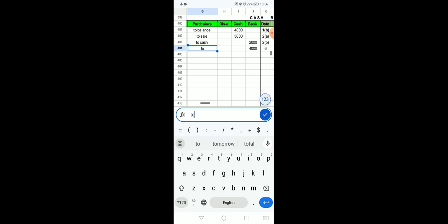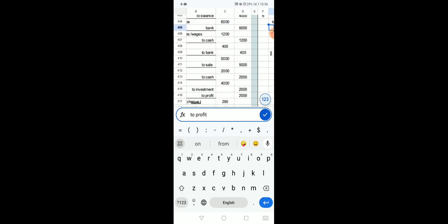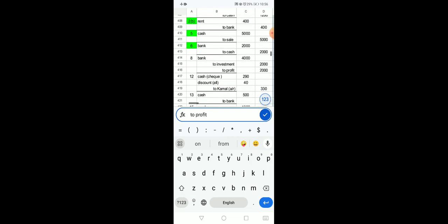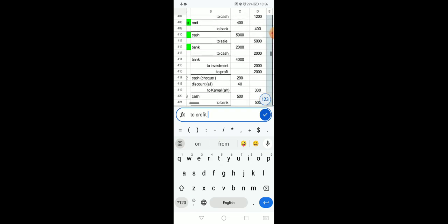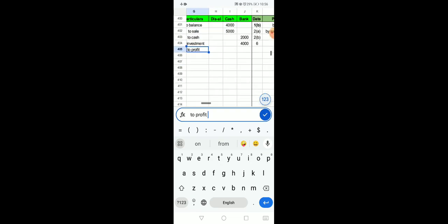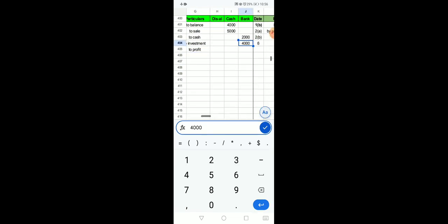You will write first investment and then you write profit. You may write a single statement as well, but since there are two things, we have decided to write two things, so you will mention two things. Investment and profit is the reference. In front of investment it is written 2000,